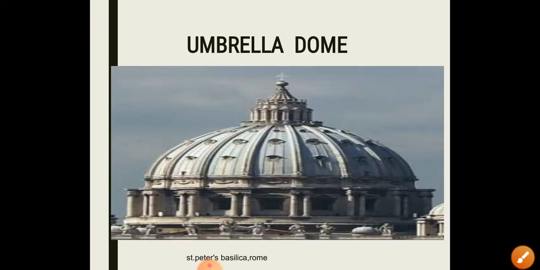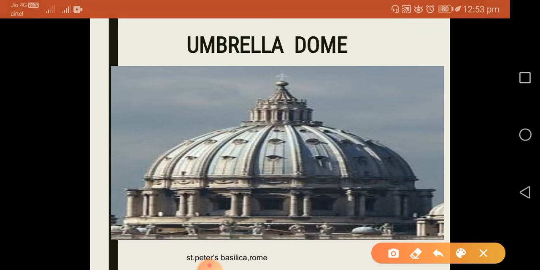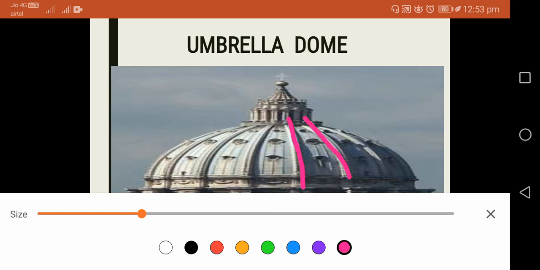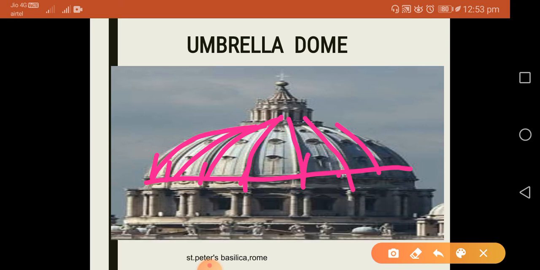Next is the umbrella type, which is the widened type of dome. It is also called fluted, organ piped, pumpkin, melon, ribbed, parachute, or lobed dome. These types of dome are divided at the base into curved segments which follow the curve of the elevation. That is, they are segmented at the base. This is one element, this is another element, and they are curved to meet at the top of the dome.